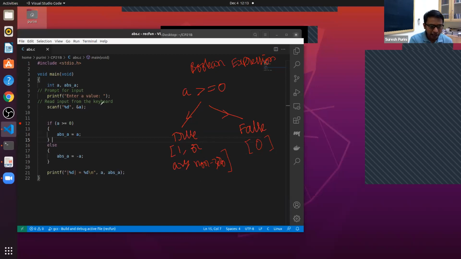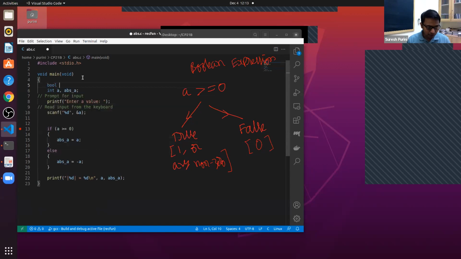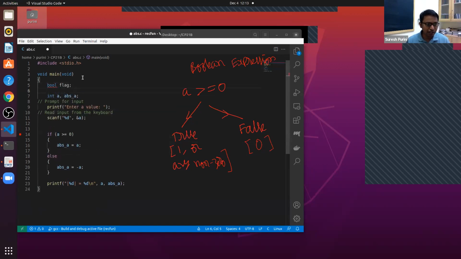So here in the if statement, there is a Boolean expression with the relational operator. An integer holds integer values. We don't have a Boolean data type by default, but some programming languages have a bool type.